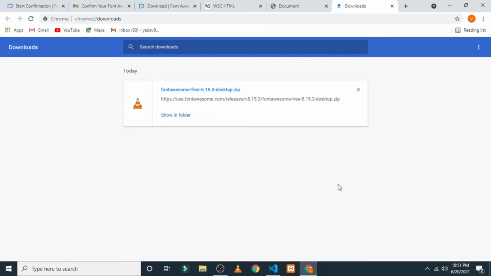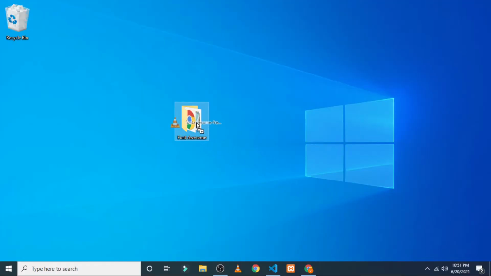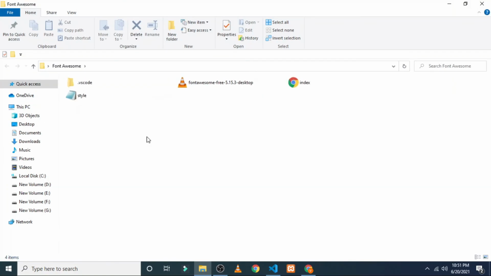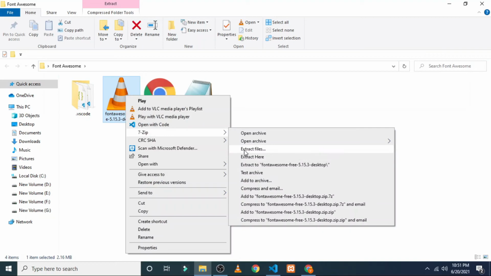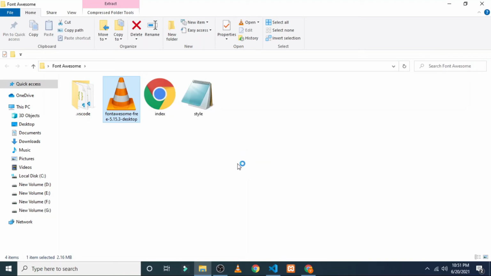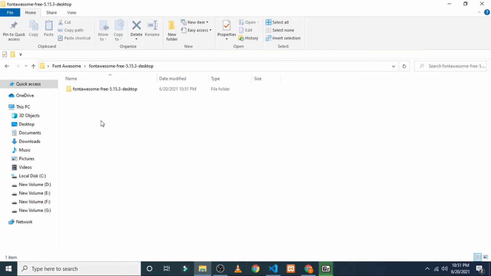you have to copy this to the main folder where you are actually working. So I have pasted it here. Let's open it and zoom in so that you will be able to see. Now extracting this file here only. Okay, click OK. As you can see, there is a folder of fontawesome.